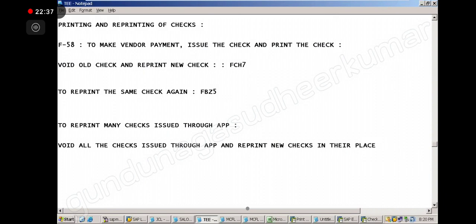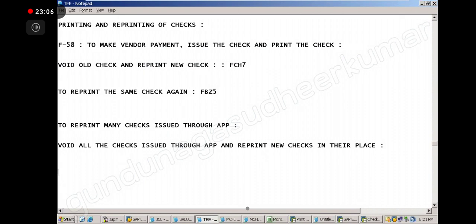Okay, let's do that. Why is it necessary to reprint? Either I have given the wrong house bank, wrong variant, or wrong vendor also. You mentioned many checks, that's what I'm saying. Many APP means many only.